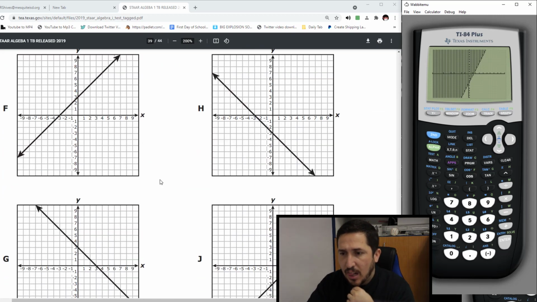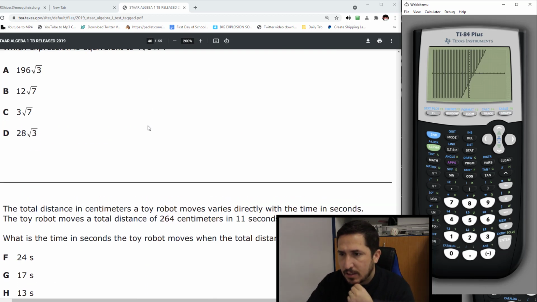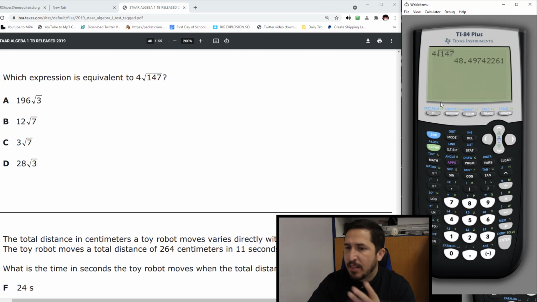This guy, you can't type him in. Yeah, I'm so sorry, you can't type him in. You might miss him. Equivalent, do that on the home screen. You'll do second x squared right here. So let me just type it in real quick because I haven't shown you that. Let me do second mode to quit. Go to the home screen. I do second x squared, and then I do, sorry, it's 4 second x squared 147. Hit enter. There's my thing.